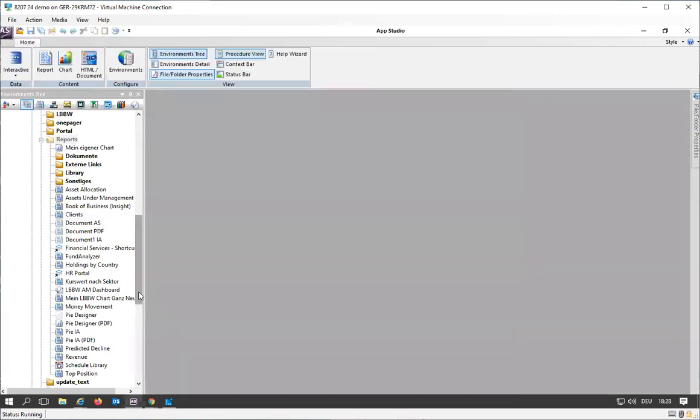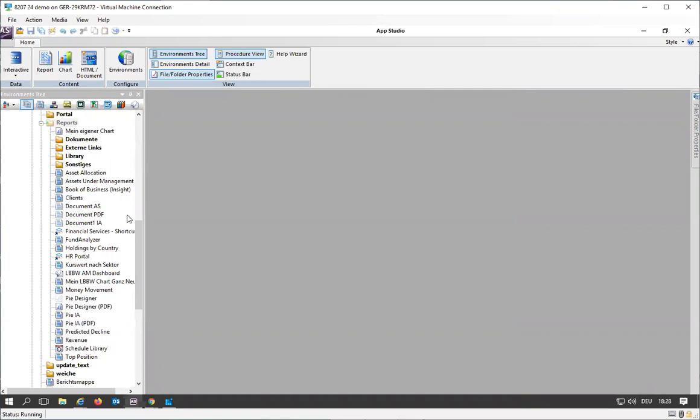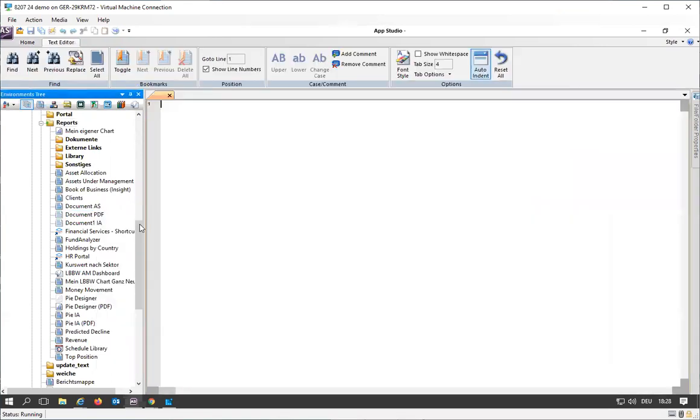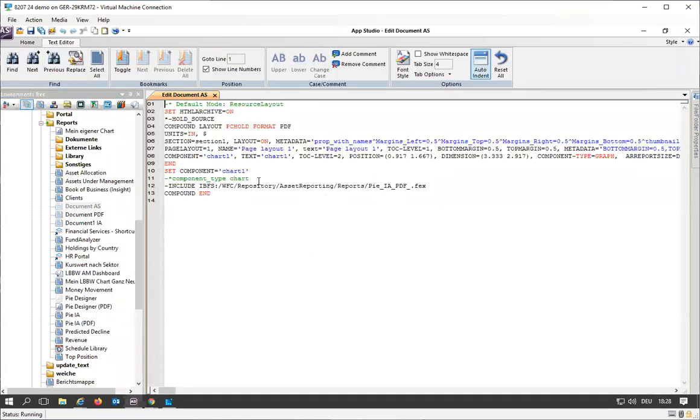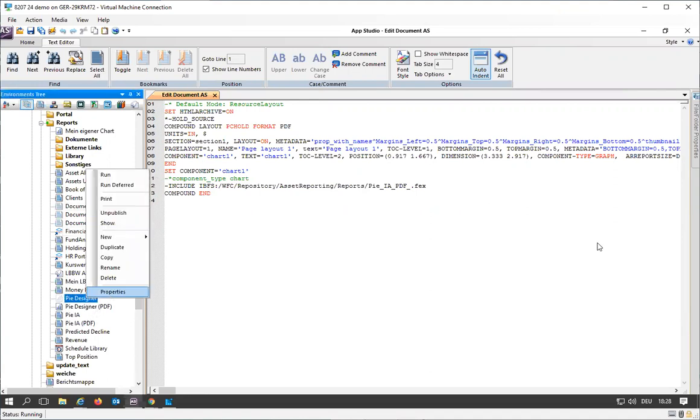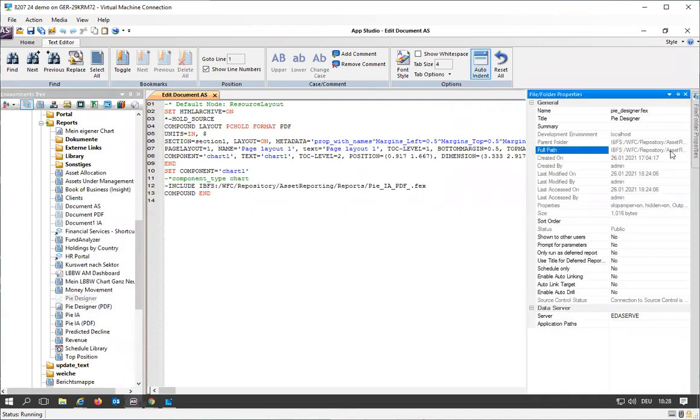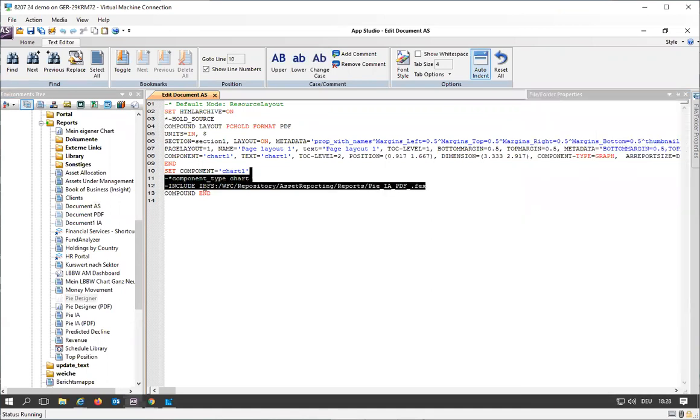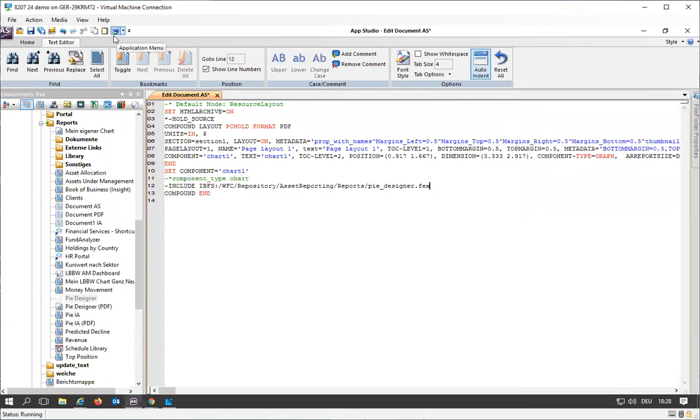Close it. Here's my document AS. Open it up in a text editor. Same logic as I had before. So I've got my Pie Designer, which is in here. Steal the path, replace it,